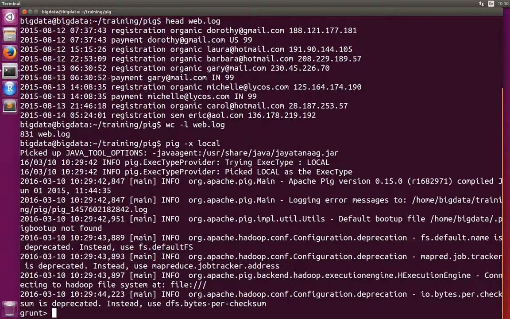Okay, so what we are interested in is reading this file. I will define an alias, I will call it log, and then I define how this file should be loaded. So the log should look like that: I want to load the web.log. I can simply write web.log. I don't need any absolute path or